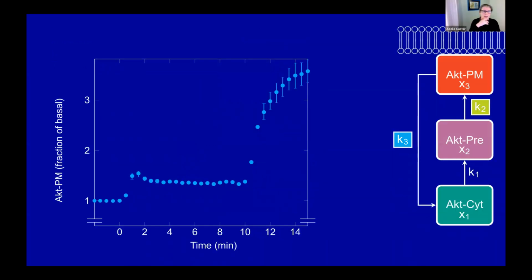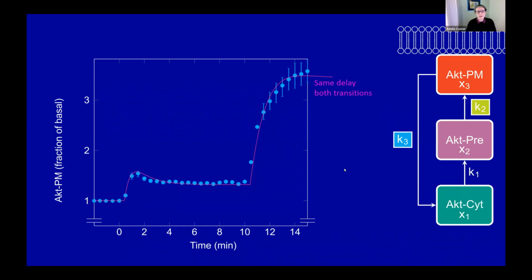Okay, so here we go. Here's the data, and our hypothesis says, well, we're going to have K2 changing to describe this bit, and then we're going to leave K2 in its insulin state. So it's just going to have two values, either 0 or insulin, and it doesn't care how much insulin. And then we're going to have a further rise.